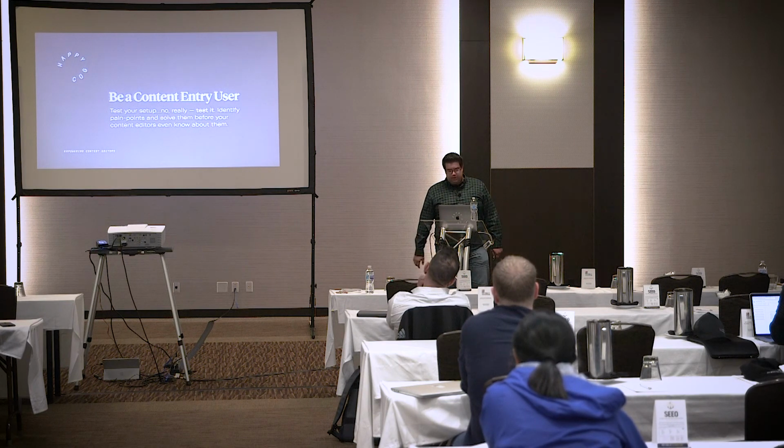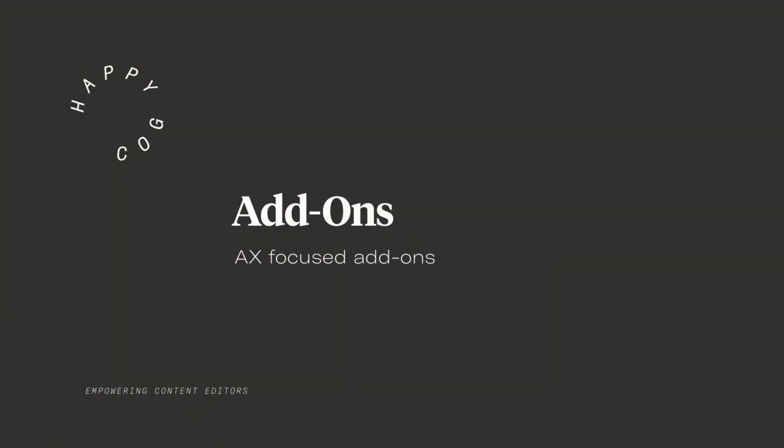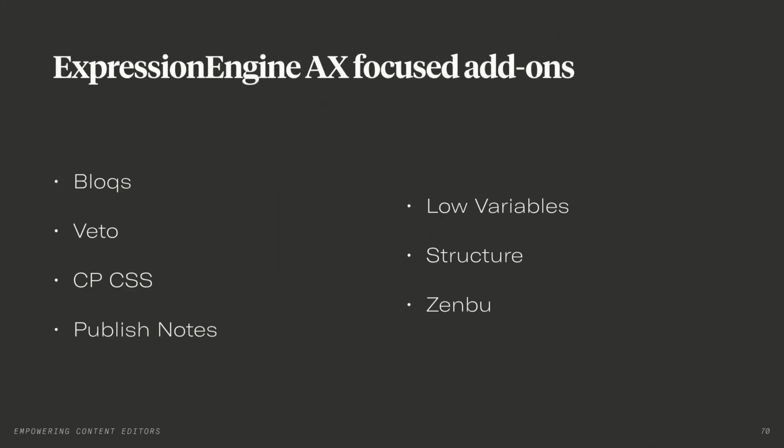There's a couple ways we can be proactive, and those come in the form of add-ons. There's some really nice user experience, author experience-based add-ons that we can install for the control panel that really elevate these things to the next level. Here's a few of them. We talked about blocks, giving you that really flexible page builder approach. There's a plugin called Vito, which is what we were using to get that custom branded login screen. You can do some pretty much custom branded ExpressionEngine themes, adjust the layout however you want. You have CSS and JavaScript injection points.